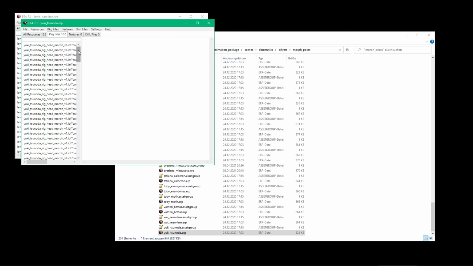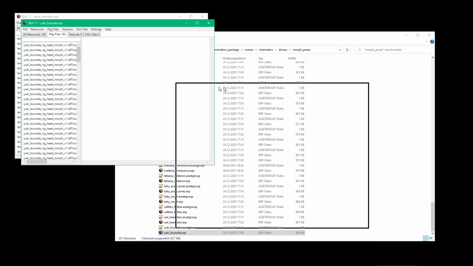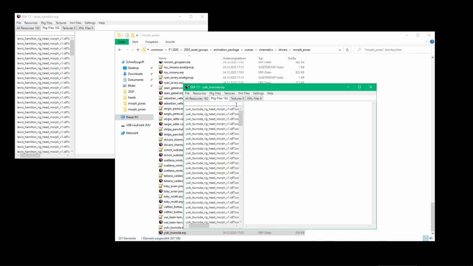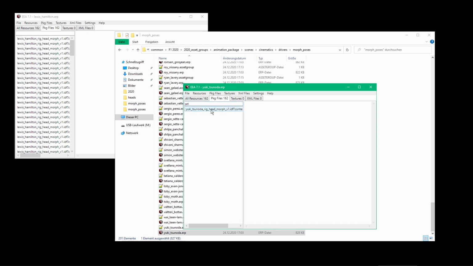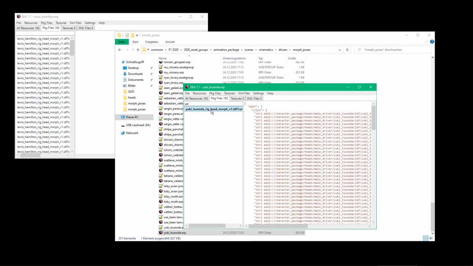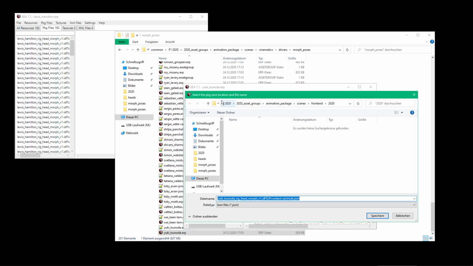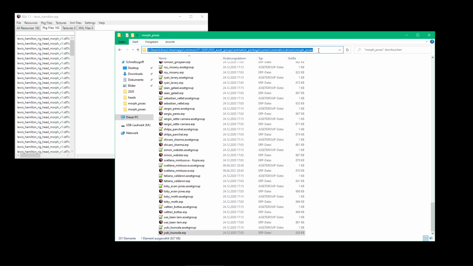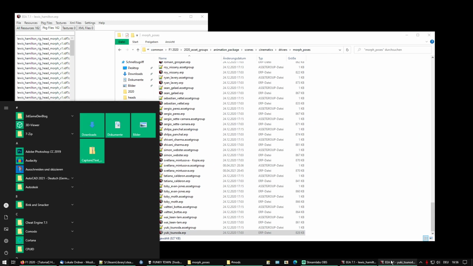So the next thing we want to do, we are now in the Yuki Tsunoda ERP. We are on the package tab, and we just enter here set. That's all you have to enter, so there's just one file, and this file we will export. Click on export here, and yeah, we should probably use